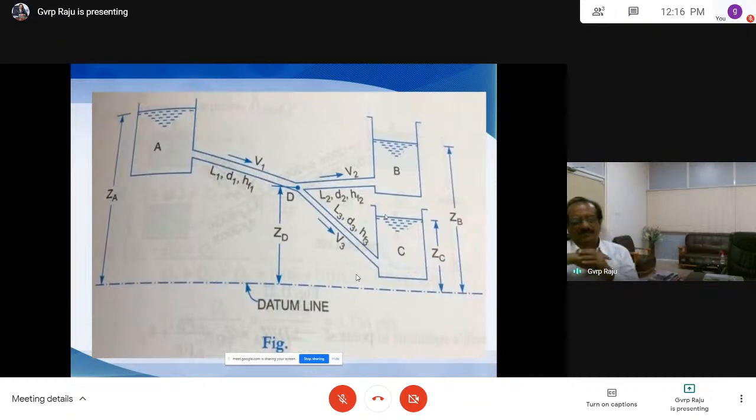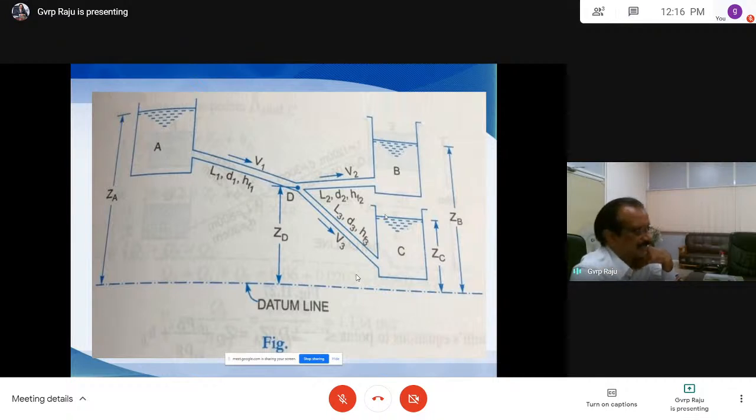So this is the branch pipe. If you know this branch pipe, you can solve any type of fluid flow problem. Then what is a branch pipe? When three or more pipes are connected,